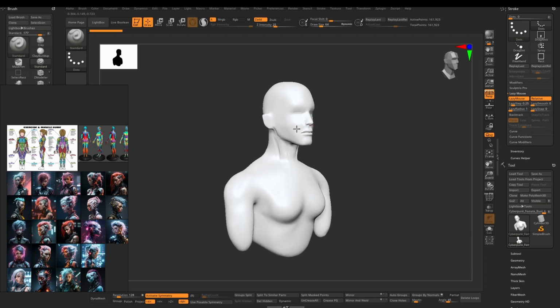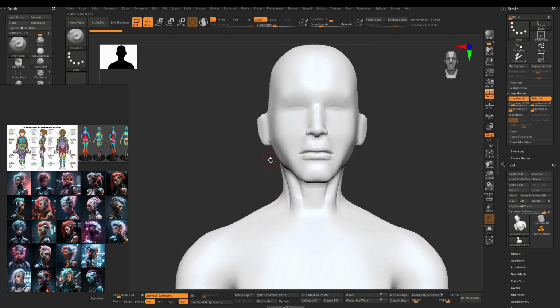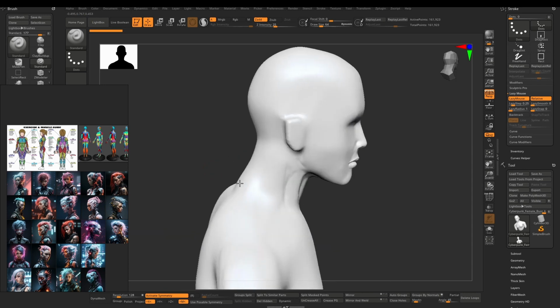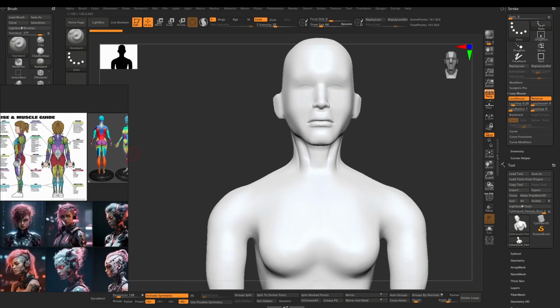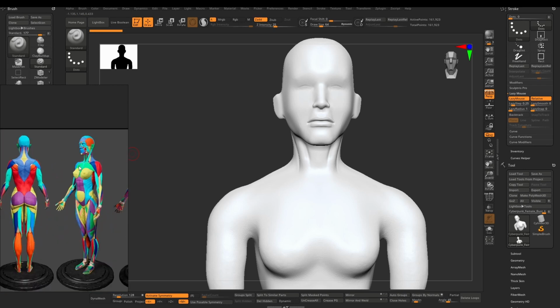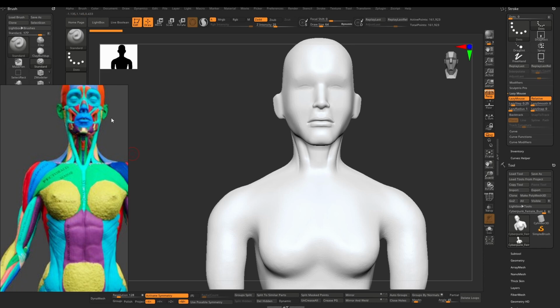I'm Alex Antuna, and today I'm going to continue this model I started yesterday for my lunch, and it's a female CyberPunk model. So I'm going to start kind of ironing out some of the proportions and stuff because it was a little rough, not gonna lie. So we're going to kind of follow this. I found some anatomy references